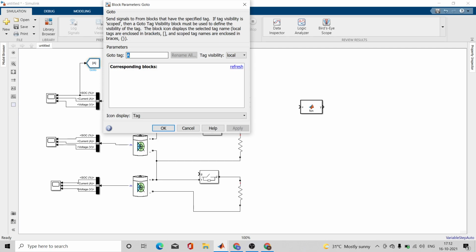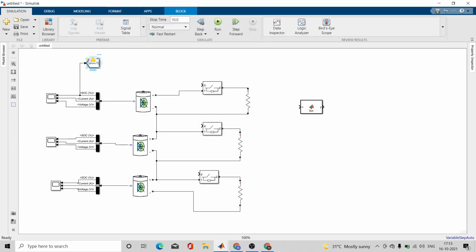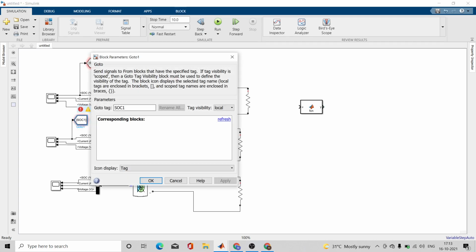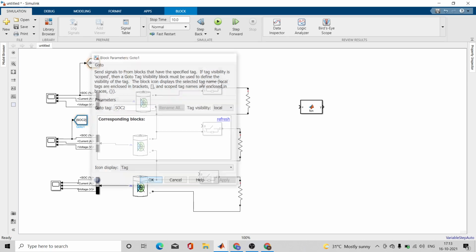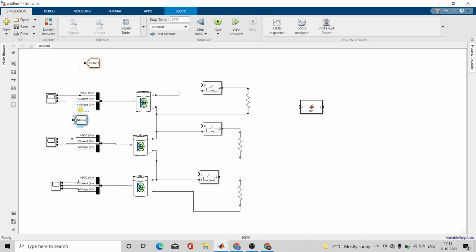I will give it a name as SOC1. This is the SOC of the first cell. Apply. Okay. Similarly, create SOC labels for the rest of the two cells. Just remember to change their names according to the cell number. Don't worry, you will understand everything.